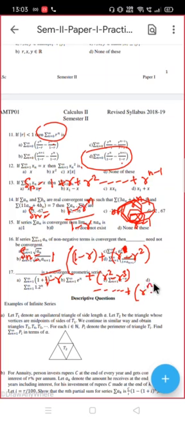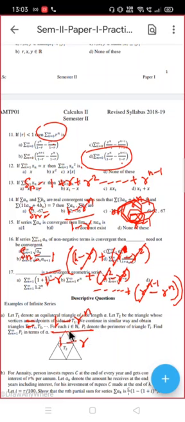See, this was the first term, so here the power of r was 1. In the second term the power of r is square. So like that, in the nth term the power of r is n here. Is that okay? Is it clear to you? Do you see something getting cancelled? This term is getting cancelled with this, and this with this. So every term will be cancelled, and you will be remaining with just the first and last term, that is 1 minus r raised to n upon 1 minus r.